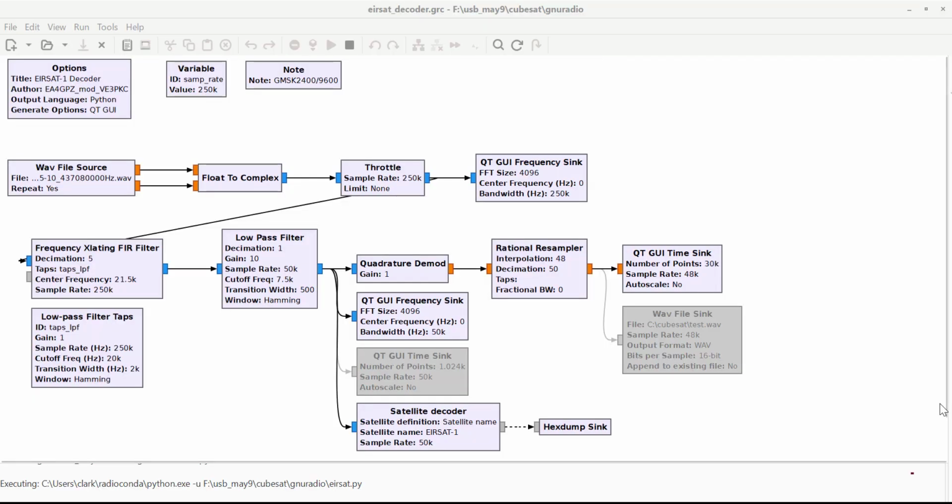Okay, here's a quick look at the GNU Radio schematic that I used to decode the EIRSAT-1 signal. So I'm using GR satellites from Daniel Estévez, EA4GPZ, and in the blog post I've got all the details. He has an excellent tutorial on how to put the schematic together. But basically, here's my SDR Sharp wave file that I've saved. I'm receiving at 437.08, as I explained in the blog post, so it's 20 kilohertz below. And there was a bit of Doppler on the packet when I received it, so it turns out that it's about 21.5 kilohertz above